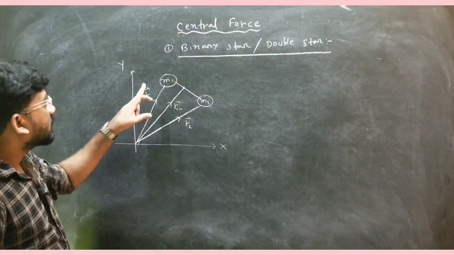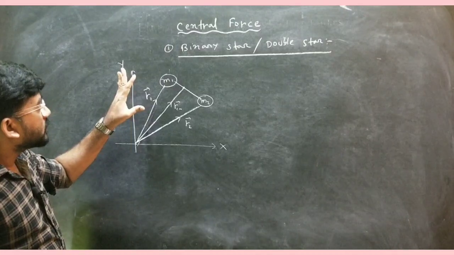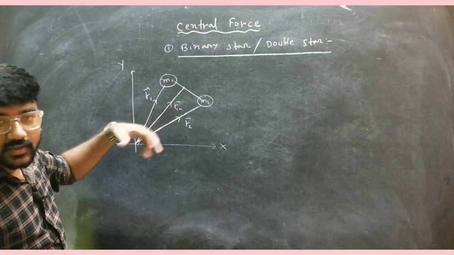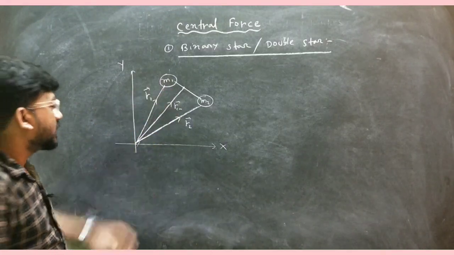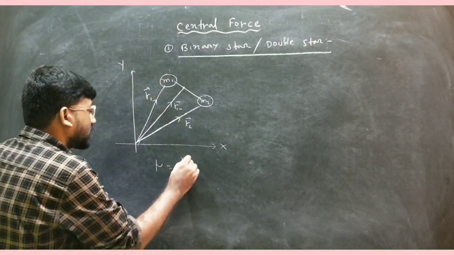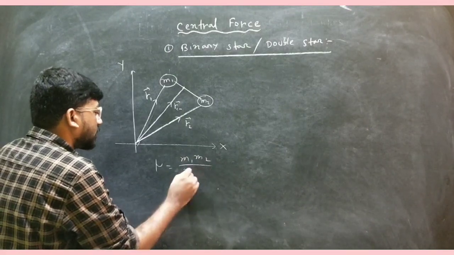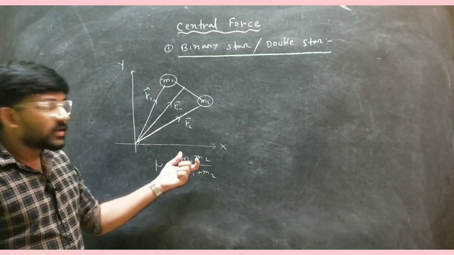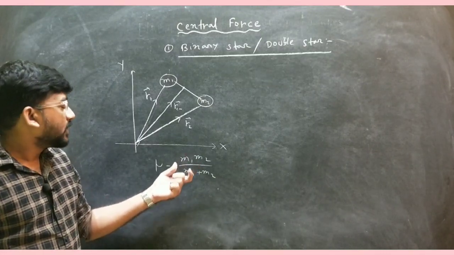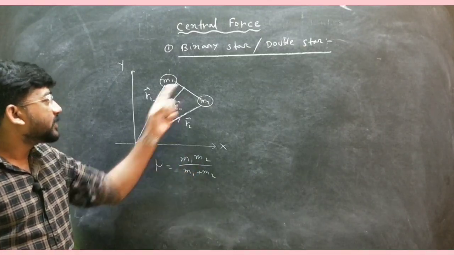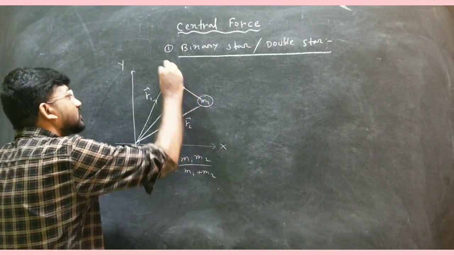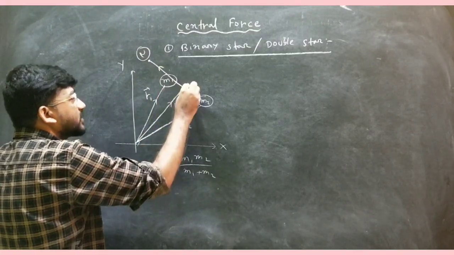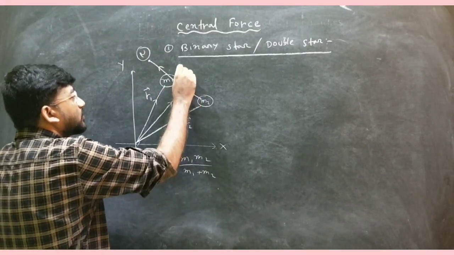Now we have chosen this point as a reference point, and we have found the equivalent mass of these two objects, that is mu, which is nothing but m1 m2 divided by m1 plus m2, and this mu is the reduced mass of m1 and m2. The position vector of mu with respect to the center of mass is nothing but r1 minus